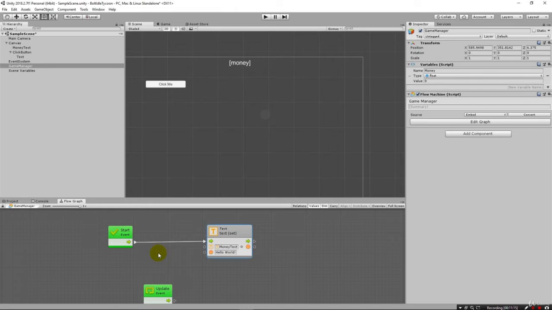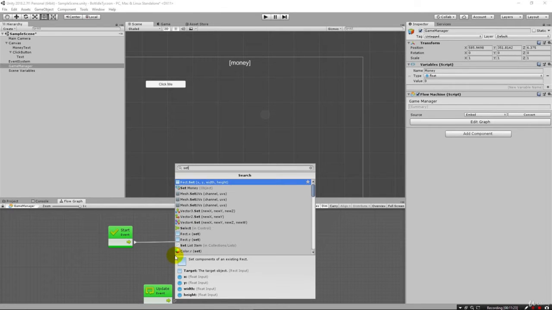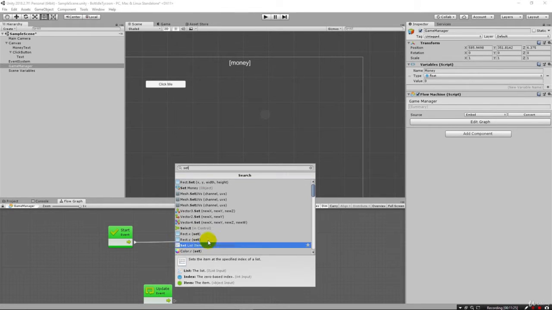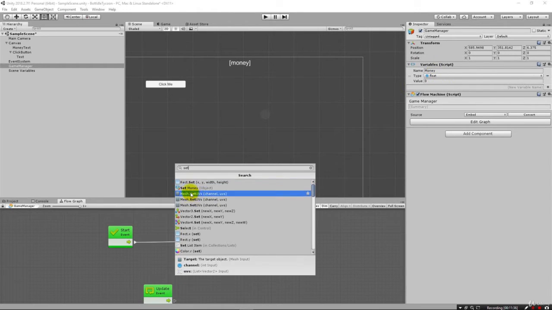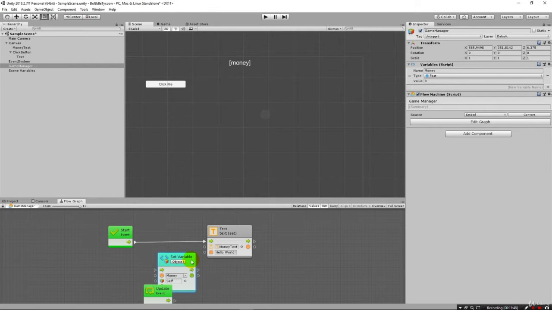If I right click, I can add a unit, and if I say set in here, notice as soon as I say set that we get a set money here. It's one of the things I really like about Bolt, that it's intuitive and it knows that we've been working with this money variable up here. And so when I say set, I can only suppose, as part of the algorithm of the search, that it says, this might be what I'm looking for. So I click on that, and